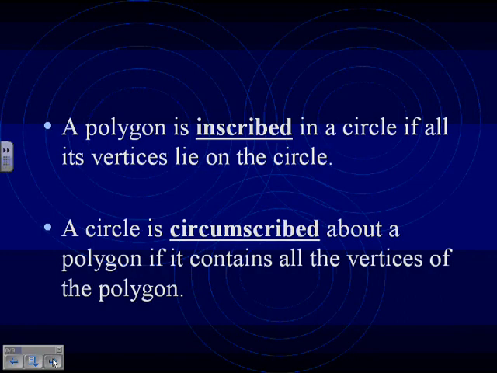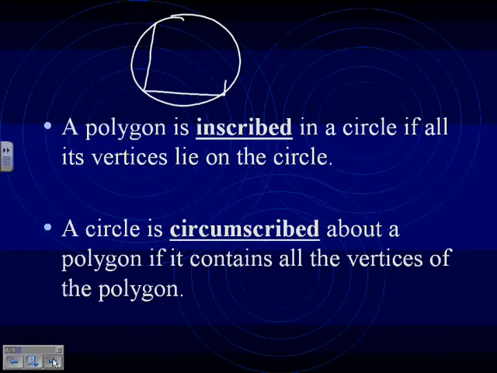A polygon is inscribed in a circle if all its vertices lie on the circle. So what that means is basically you've got some polygon inside the circle, and in addition to that, its points are touching the circle everywhere. So that could be like if I make a circle here, and let's say I put a square on the inside. A really terrible looking square, but a square. I could say that that square is inscribed in the circle. It's on the inside of it, and every point on the square is on the